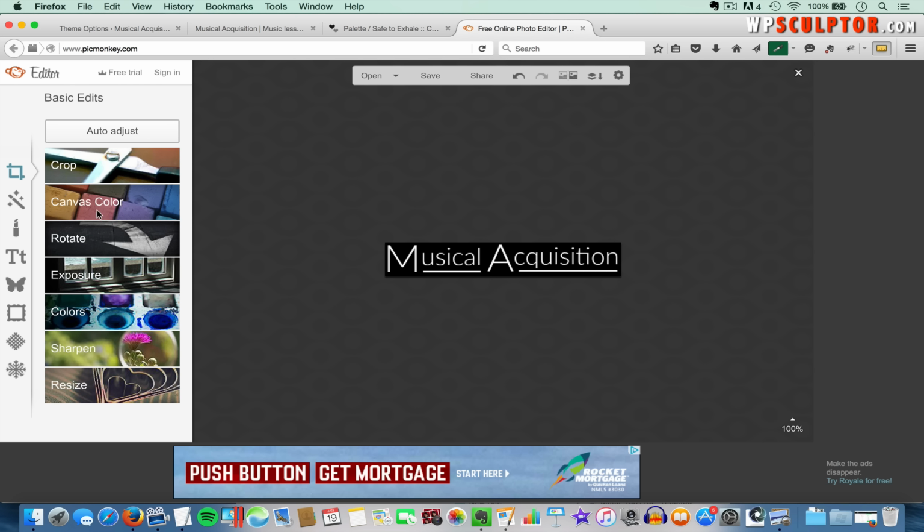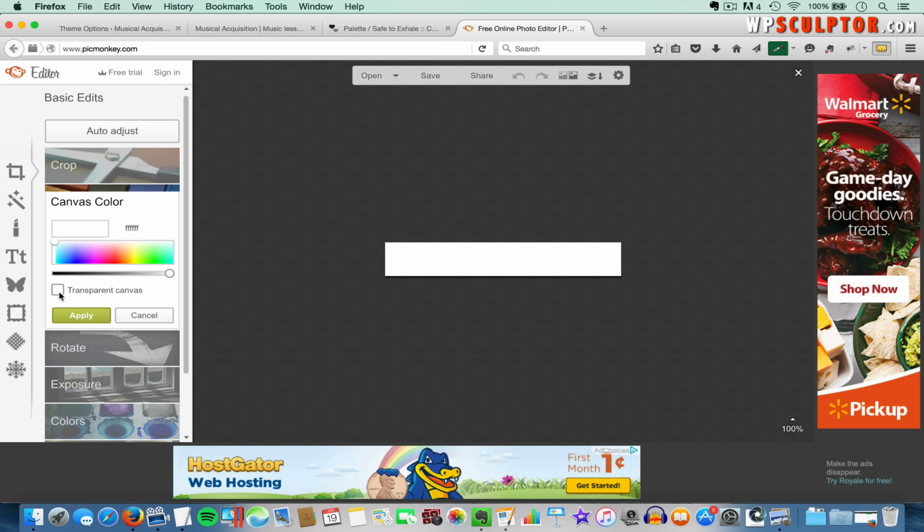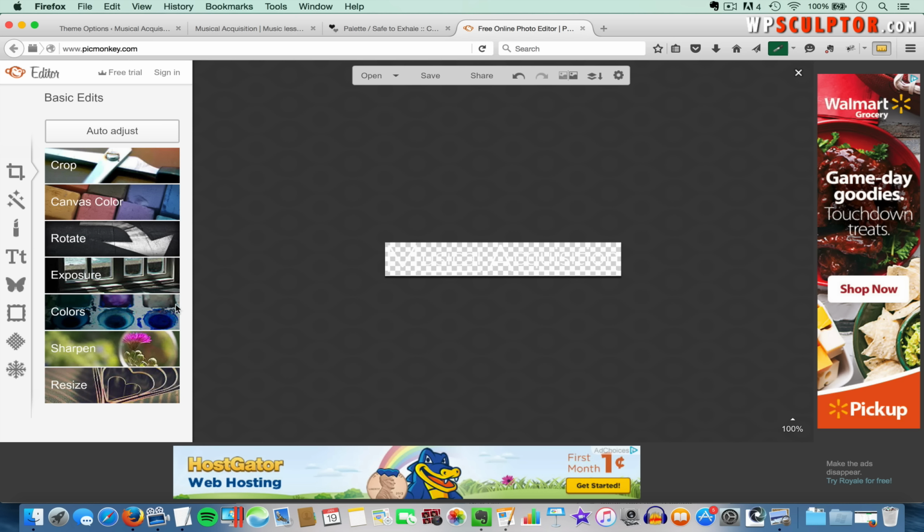So to do that, let's come over and again, make sure you have the basic edits icon clicked on, and then click on canvas color. And then check the box next to transparent canvas and click on apply. And then we're going to come up and click on save